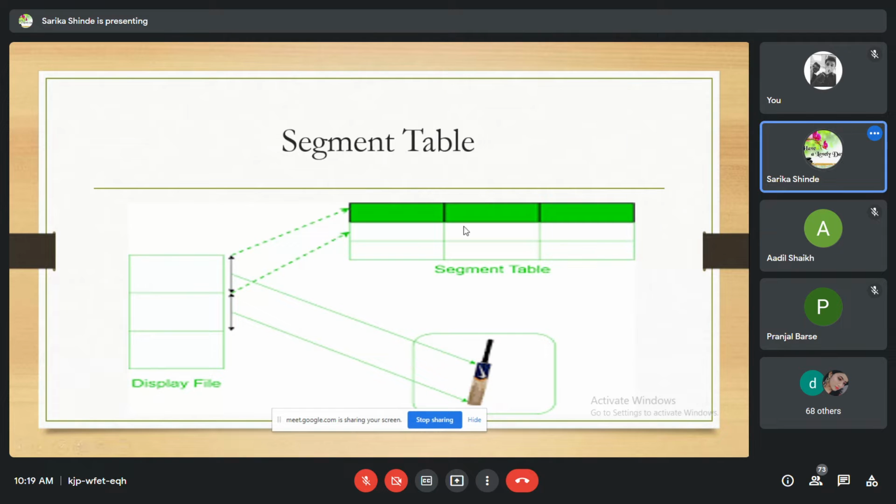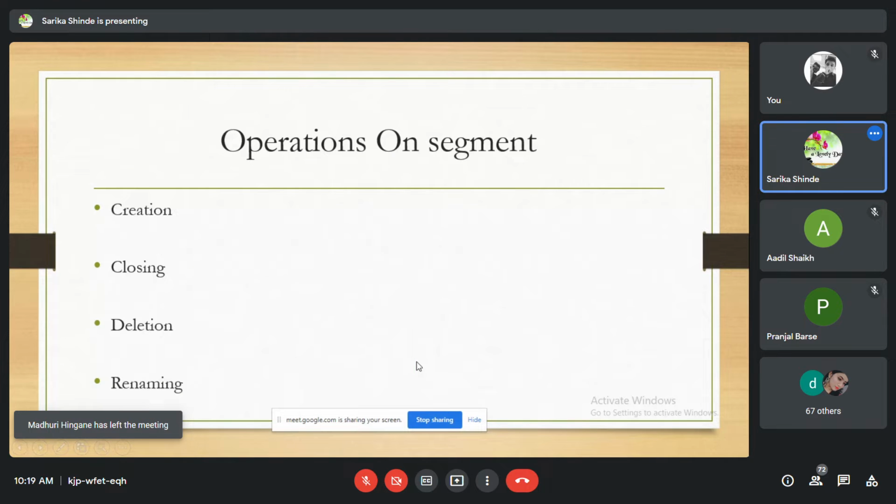This is our segment table, and this is a display file. Now we'll see some operations on a segment table: creation of a segment, closing a segment, deletion of a segment, and renaming a segment.